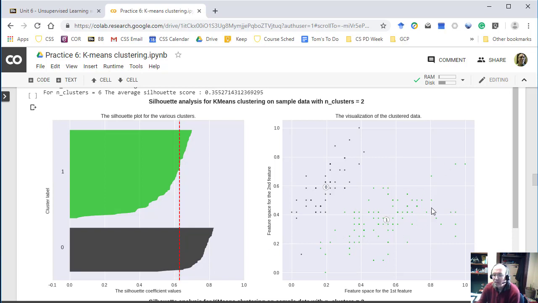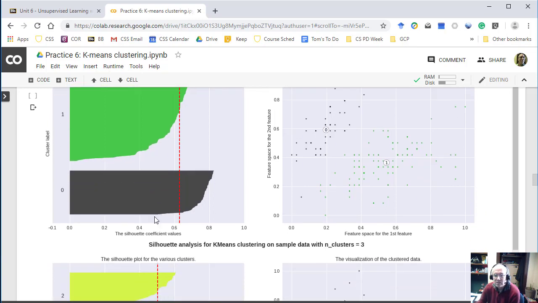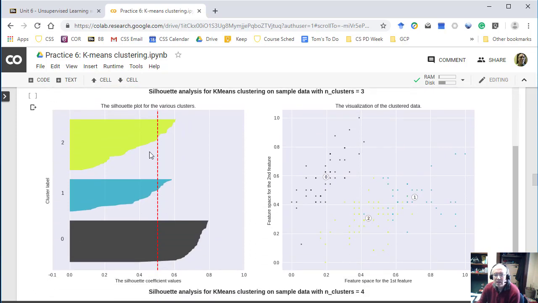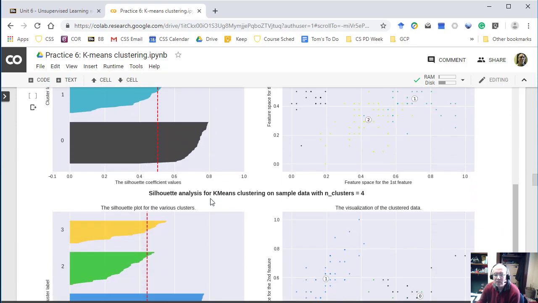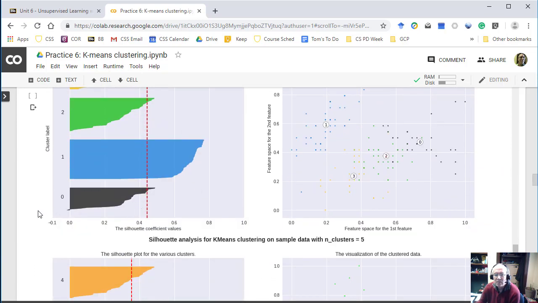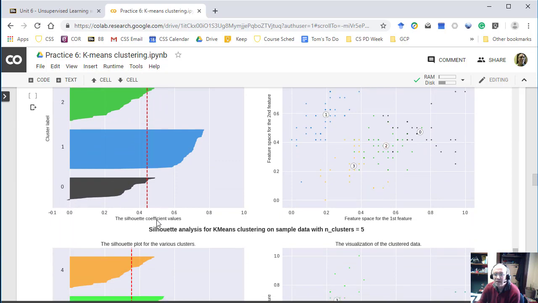This is a more spread out cluster. You can see it's more spread out. It drops down more here, and in fact, some of the points don't fit that cluster that well. For this, there are some outliers here and here, but none of them drop to negative, so that's good. Now here's with 3 clusters, and again we have this cluster which is very clear, and these aren't so much. And again, you can look at that for 4 clusters, and again we're beginning to see some negative values here,